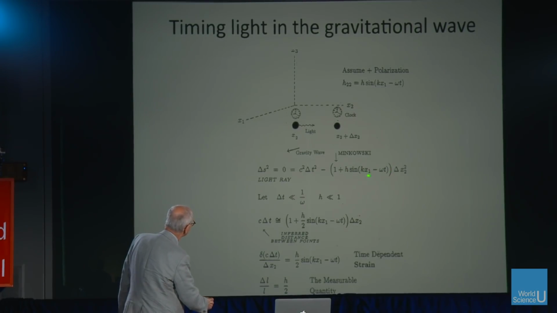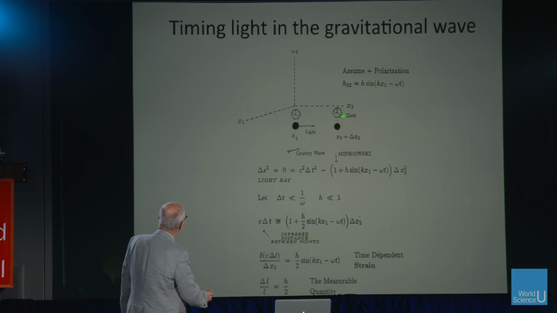You have the piece that's the space that's always there. That's called the Minkowski metric. And then you add to it this thing, which is the gravitational wave metric, which is now time-dependent and has this strain in front of it. That's that new thing, that h. And that multiplies. And the way you do the calculation, I won't go any deeper into that. If you want to do it for yourself, the tricky thing here is to say the masses don't move. It's space between them that changes. That's the way to think about it. So the coordinate distance between the masses doesn't change.